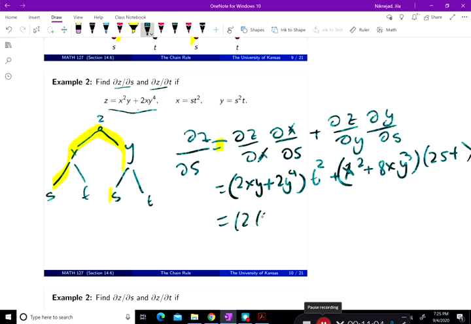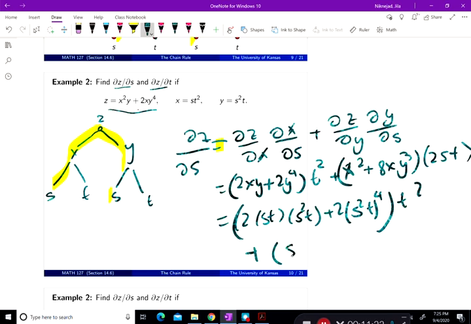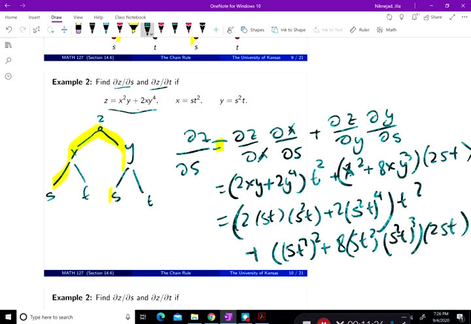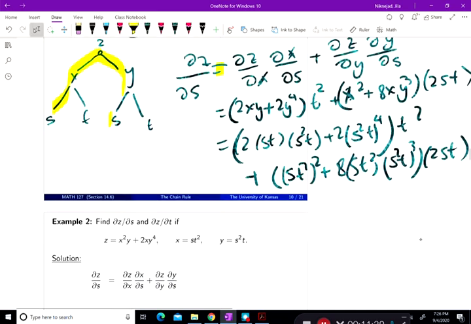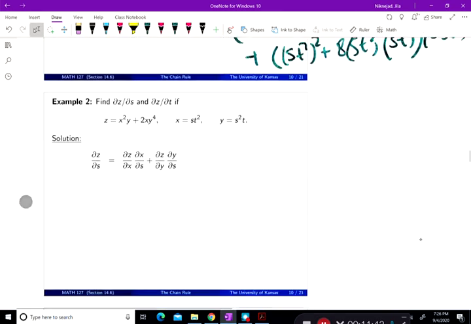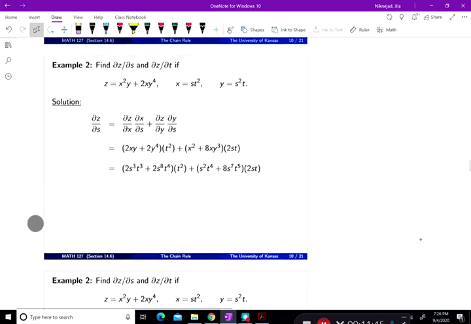So 2 times st squared times y, which is s squared t, plus 2 times s squared t to power 4 times t squared plus st squared to power 2 for x, 8 times st squared times s squared t to power 3 times 2s. And so that becomes the partial derivative with respect to s. And if you clean it up,